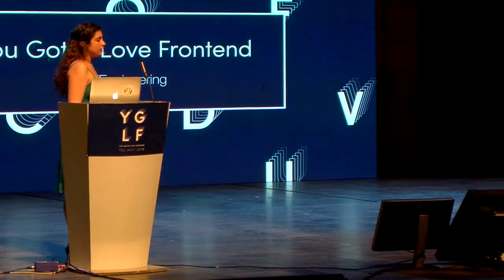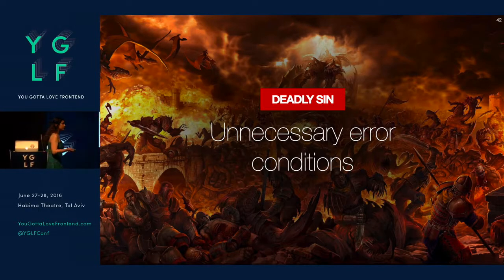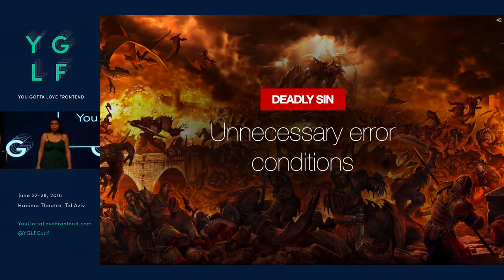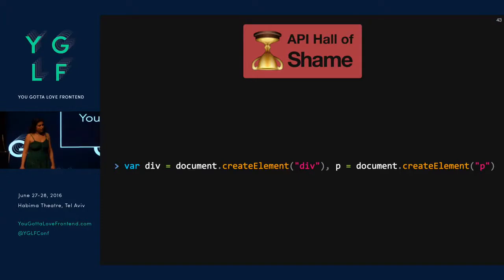The next deadly sin of usability, and not just for code, but also for UIs: unnecessary error conditions. Try to prevent error conditions instead of just throwing errors at people. For example, in graphical user interfaces, you can have an input where people type numbers, and if the number is bigger than what you expect, you can give them an error. Or you can have a slider and not let them pick a number out of range in the first place. So it's the same with code. Again,